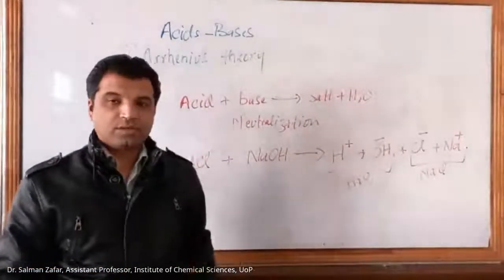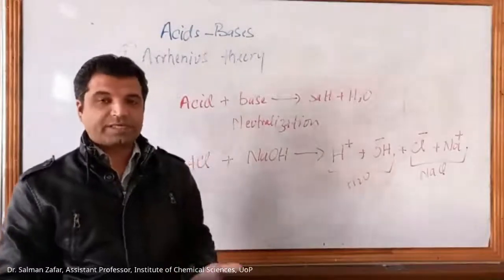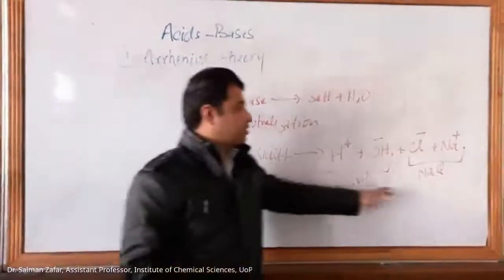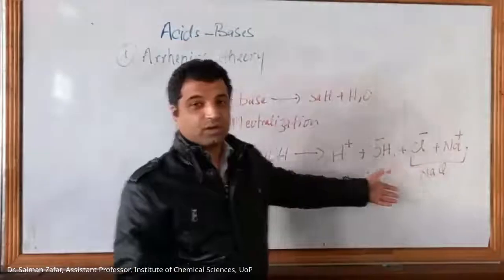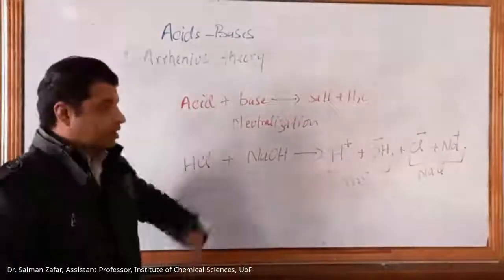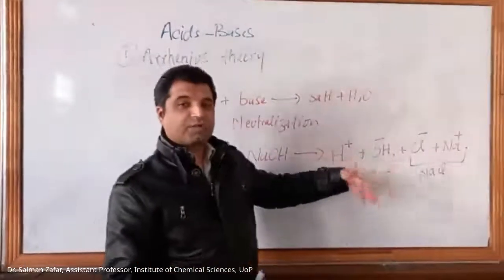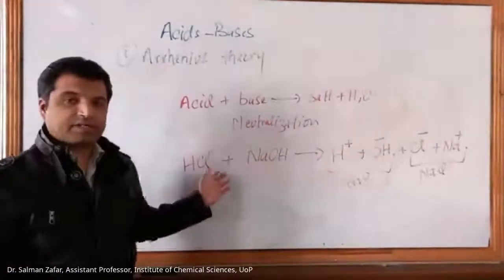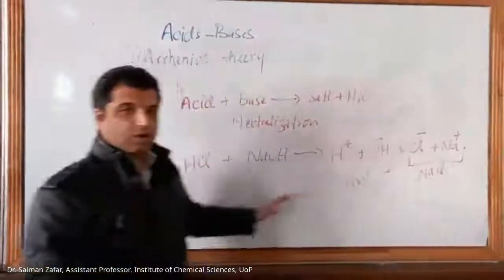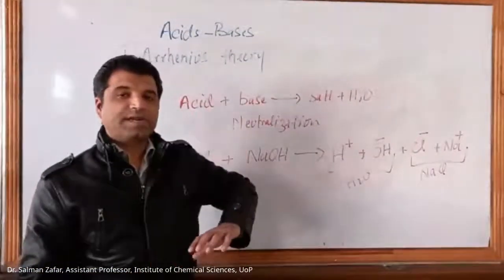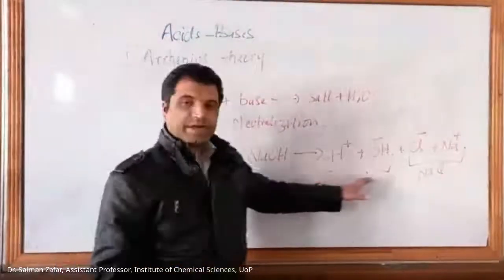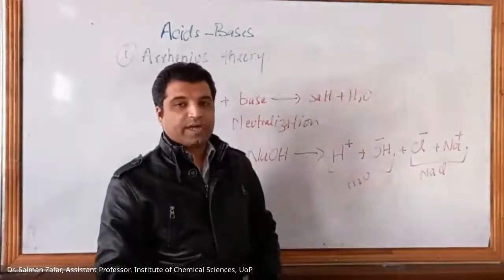You can have neutral salts, you can have acidic salts, you can have basic salts. So if you have a strong acid reacting with a strong base, then the salt that is formed usually is a neutral salt. If you have a strong acid reacting with a weak base, then usually it's not a neutral salt. It may be an acidic salt, or in other cases, it may be a basic salt as well. Right? So we're not going into that detail or the strength of an acid and base, that we will discuss later on. But here, this is just to tell you that in a neutralization reaction, an acid and base react to form salt and water.